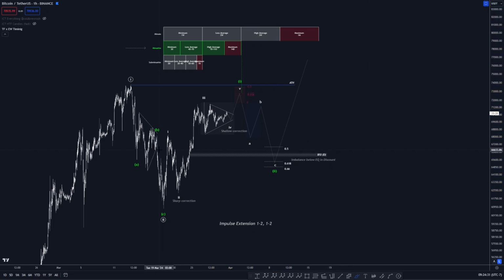This is something that we were aware of, but not something that we were expecting. This is for the extreme case, the extreme bullish case, the 1-2-1-2 scenario on the higher time frame. From a structure perspective, everything's going well for it. It's got a sharp correction, followed by a shallow correction, where it's going to complete a 5-wave move. A 1, 2, 3, 4, 5.